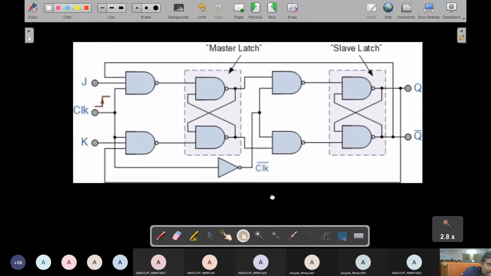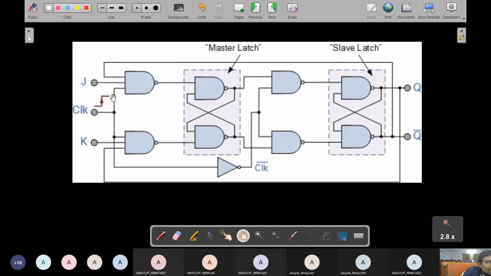This is the master slave flip flop designation. The first 4 gates indicate the master latch, and the last 4 gates indicate the slave latch. This is called slave and this is called master. I'll write here for indication: these are the 1, 2, 3, 4 NAND gates, and these are NOT gates. The clock pulse is connected to these 2 NAND gates, where one of the inputs is connected to the combined clock, and this combined clock is connected to the slave's NAND gates through a NOT gate.